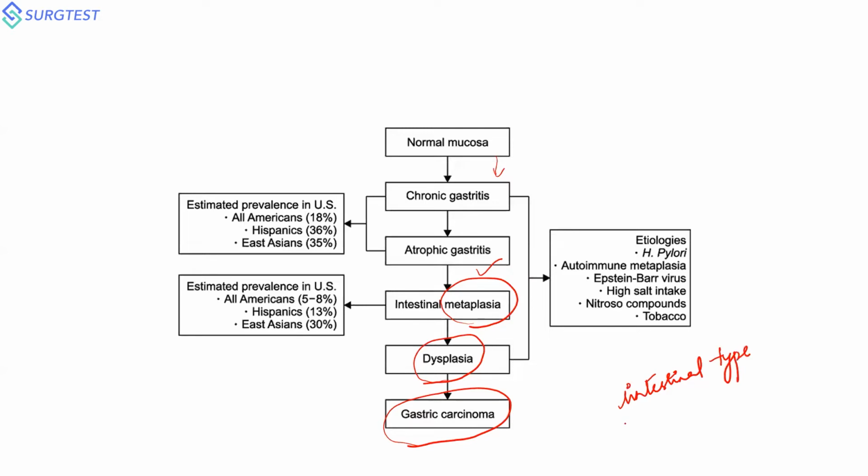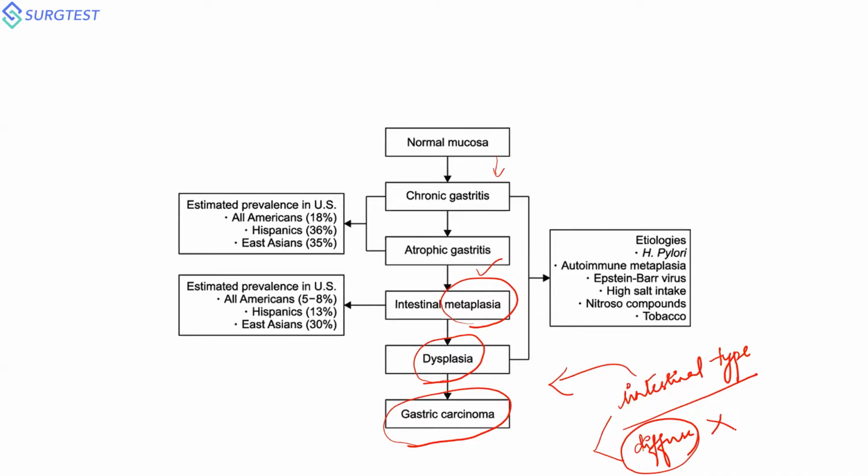When I'm talking about gastric cancer in the subsequent classes, I will be discussing it. There are two types of gastric primaries, as we all know from our MS time: the intestinal type and the diffuse type. The intestinal type particularly has this sequence of events, not the diffuse type. If somebody can remember this sequence, I appreciate it.